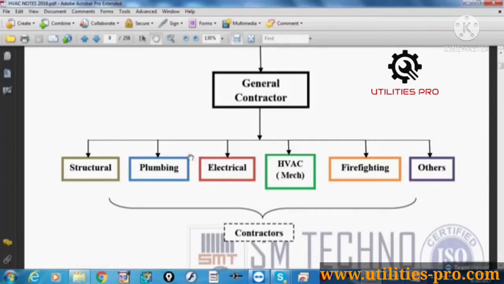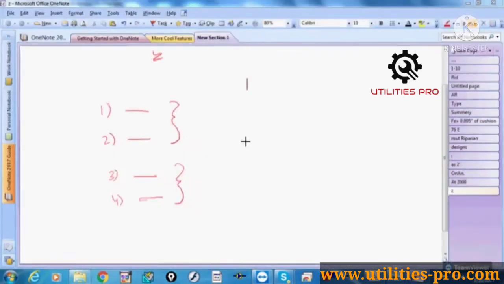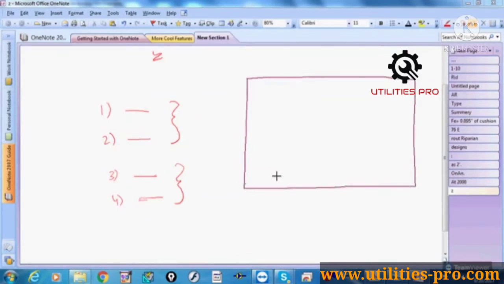For example, the initial duct routing. For example, this is an open office area. Initially in the design drawing, the machine location is here, and from this machine location we are running the duct like this. But later, because of some issues, we cannot install the machine here, and we shift it to this side. And when you change the machine location, the duct routing and the pipe routing will change.